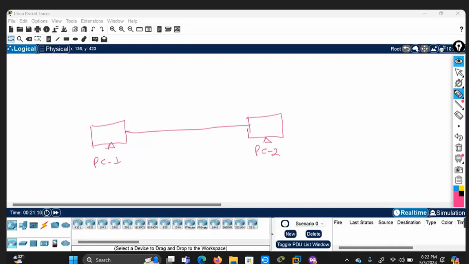So if we want to communicate with each other, we need to have something like an address. In the OSI reference model, we need layer 3 and layer 2 addresses. Layer 3 address means IP address, and the layer 2 address is MAC address. Without these addresses, we cannot communicate with each other.